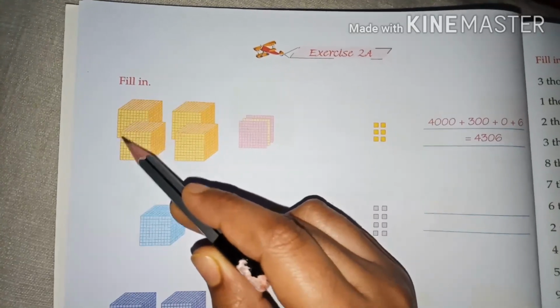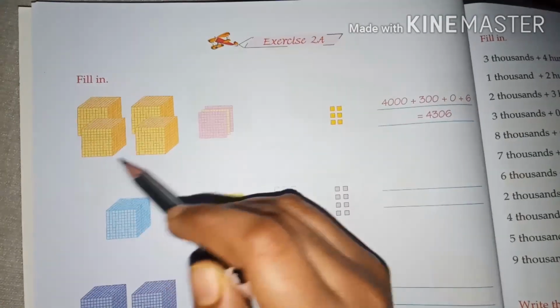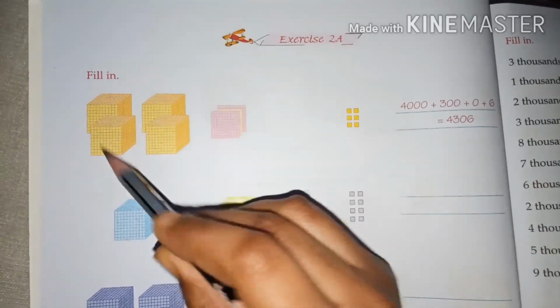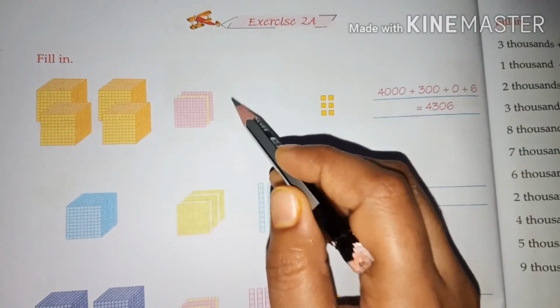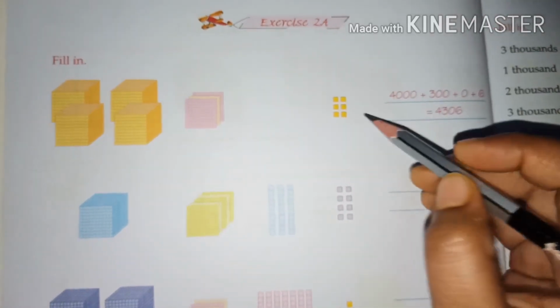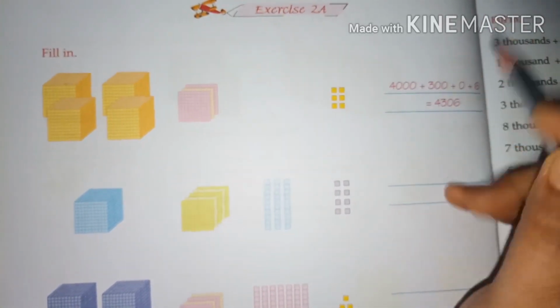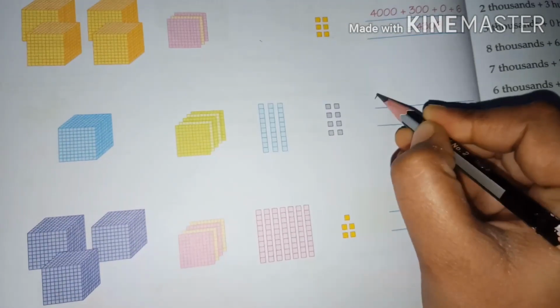This box consists of 10 rows and 10 columns, so it consists of 100, or we can say 1000 in a whole. So this is 4 boxes, that means it has 4000 in it. So we have 3 sheets with us, so that is 300. Then nothing, so 0. Then we have 6 boxes, so 6. So how can I write them here? This is one box, so that will be 1000